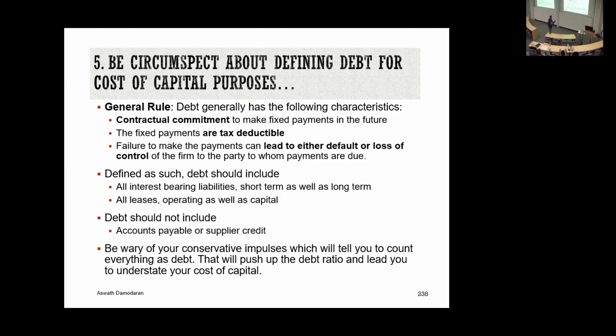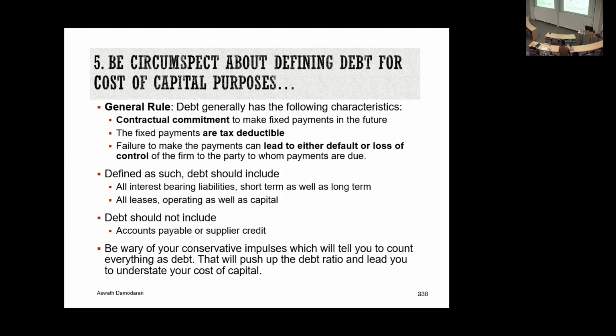So at this stage, what do we have? We have the cash flows, we've dealt with cash, we've dealt with cross holdings, other assets, we've kind of dealt with complexity. Now we get to the point of subtracting our debt. The rule is debt should include all contractual obligations, interest-bearing debt, leases. And when we do cost of capital, that's where we stop, right? And with cost of capital, I said, be restrictive in your definition of debt. Don't start to bring everything into debt, because if you do, you'll inflate the debt number and lower your cost of capital. So with the cost of capital, the rule is be conservative. Count only those things that are interest-bearing and contractual.